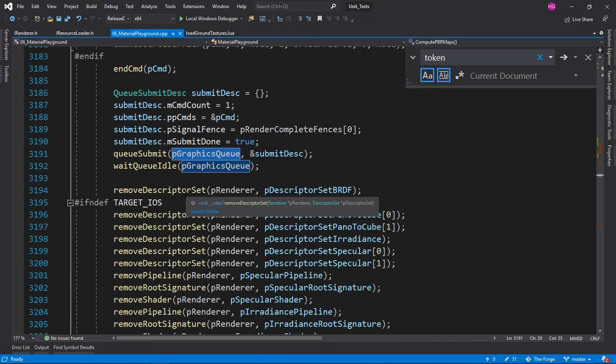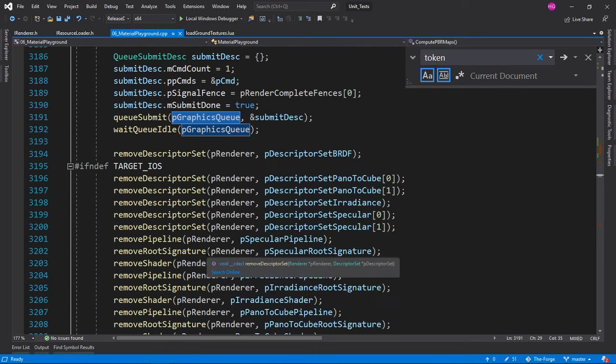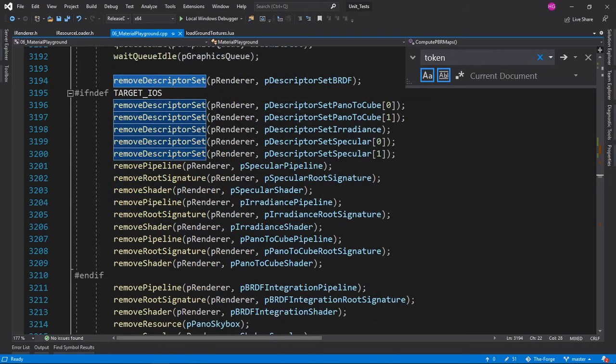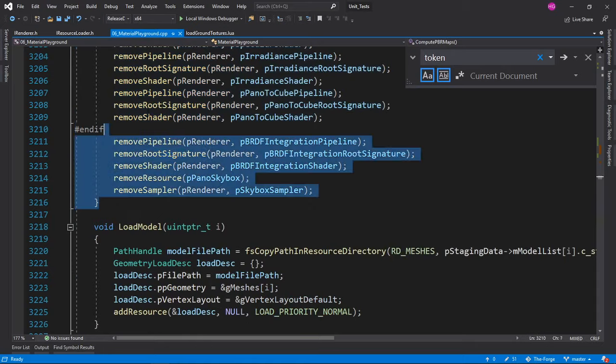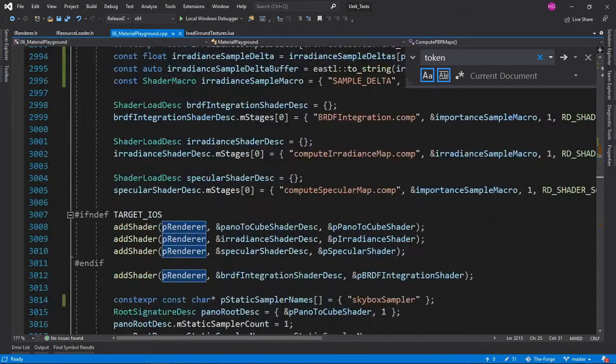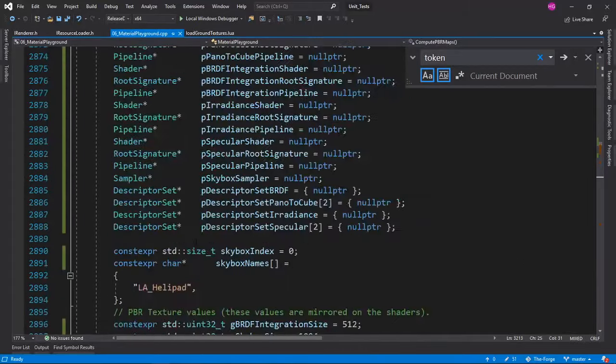I will probably start writing my own renderer sometime, and I will probably use this. So, remove descriptor set. It just deallocates whatever was added here, and that's that. So yeah, they're baking their lighting probably here.